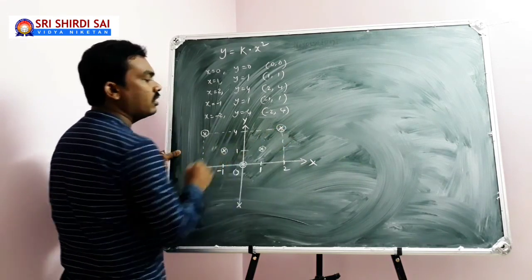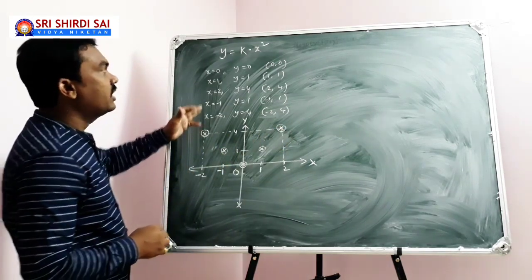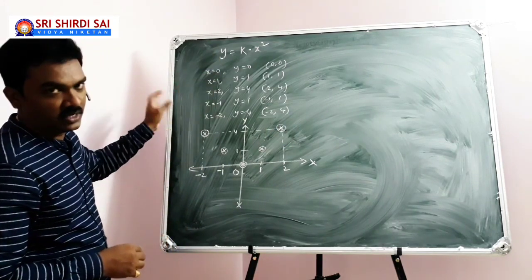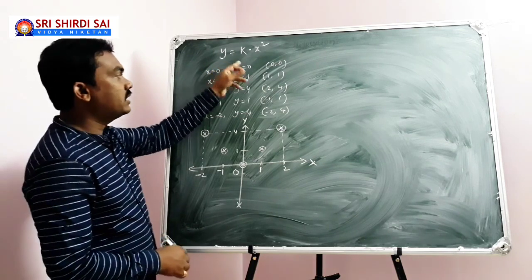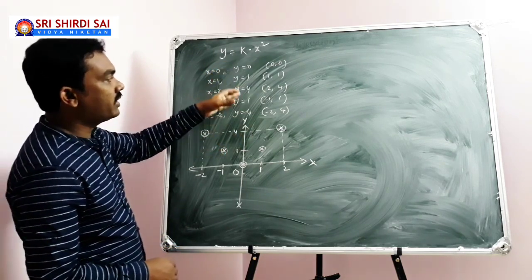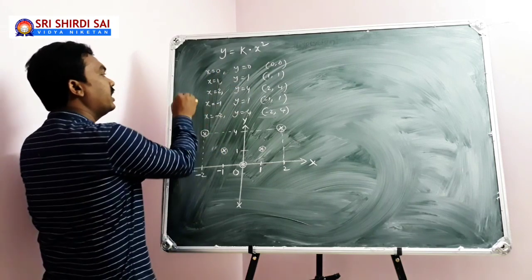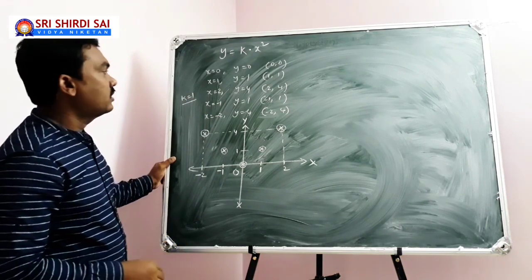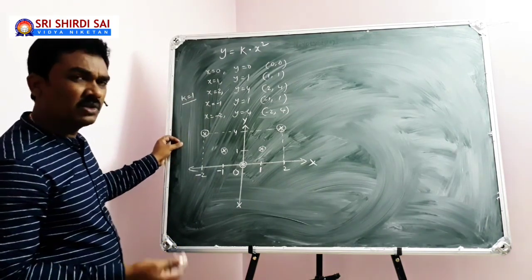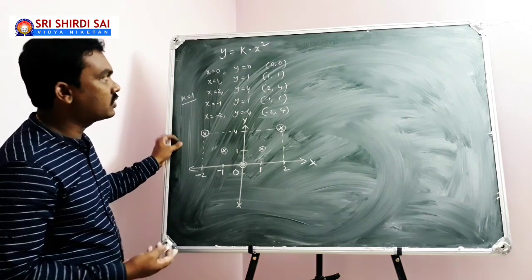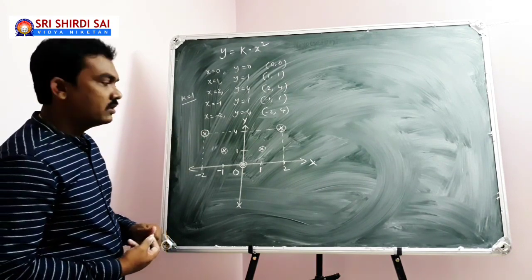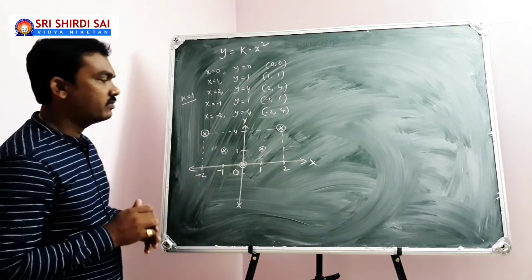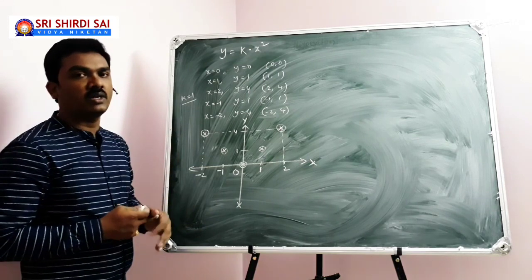This is how we locate all the ordered pairs that are obtained according to the mathematical equation y equal to k into x square. Of course, k is a constant, and in my particular example, I have supposed k equal to 1. Don't worry about that, don't be afraid of that. It can be 2, it can be 3, it can be 4, or minus 2, minus 3, minus 4. I will give more clarity on that later. So this is the y equal to kx square concept.